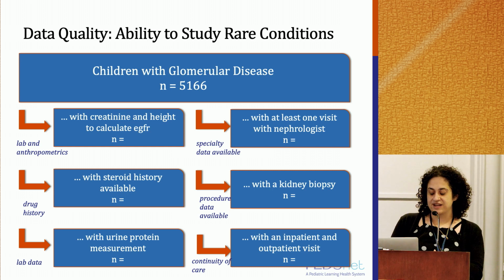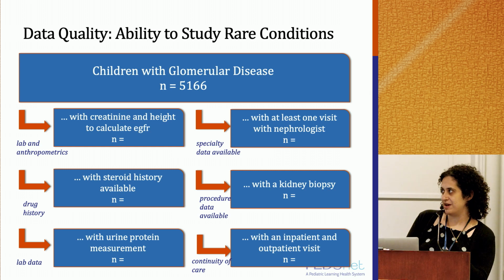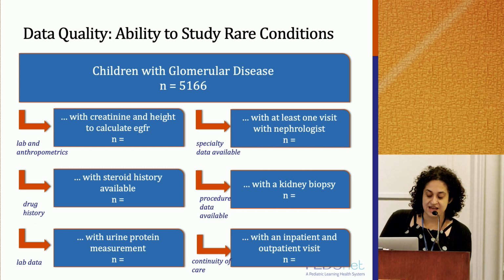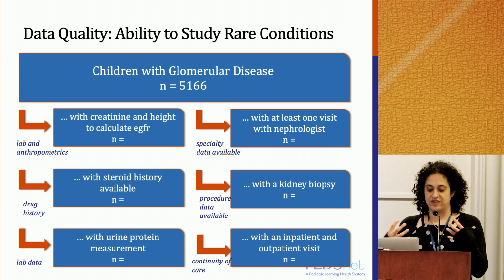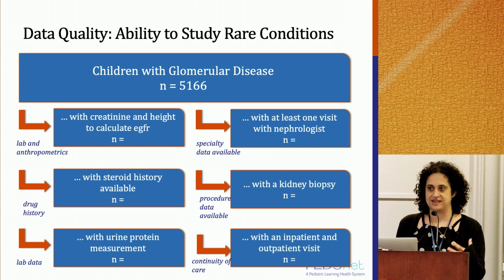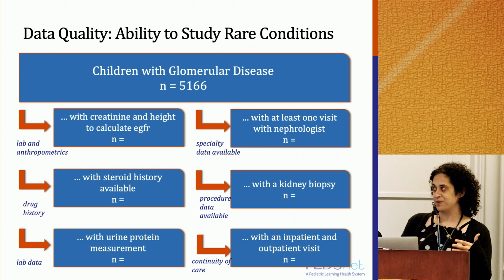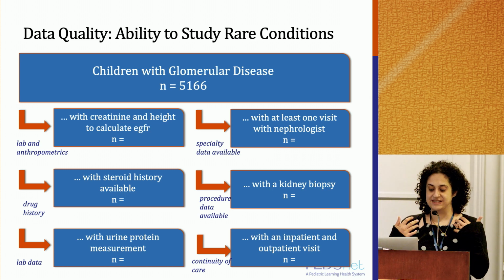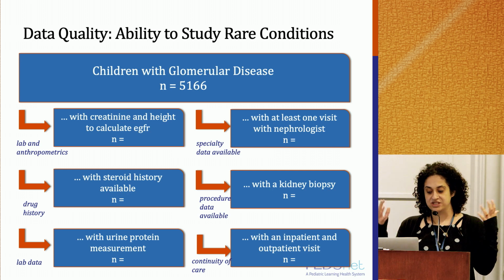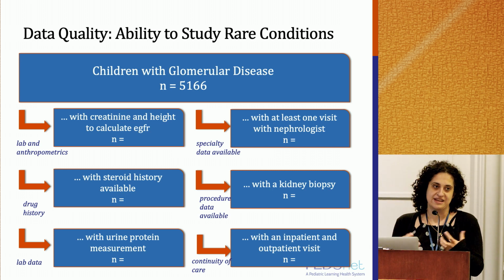For example, we have done a lot of studies with glomerular disease. We have a paper that's going to be published soon about a computable phenotype for glomerular disease. But for this, we're thinking, okay, for a group of patients with glomerular disease, what are the things that they would need to know? Maybe we can think of these beforehand. Things like how many of them had biopsies, how many have inpatient visits, or at least a visit with a nephrologist. You would need to do this evaluation to make sure that some of this data is